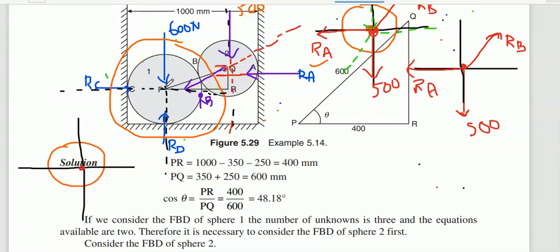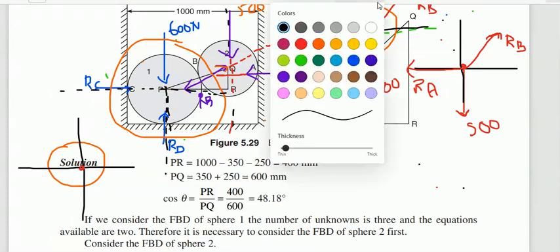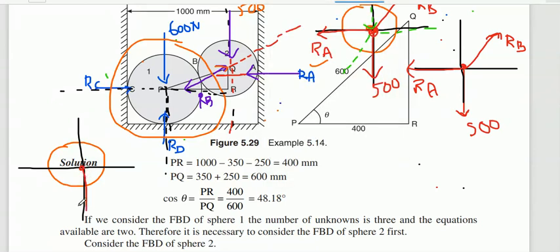So 600 is a force. The line of action of 600 is moving downward, so you have to draw the force moving downward from the center point. 600 is nothing but the weight of the sphere, moving downward, that is 600 Newton. Clear? And you just see RC. The direction of RC is here, moving in this direction. From the center point, you have to show the direction. So from the center point, RC is moving like this. That is RC.